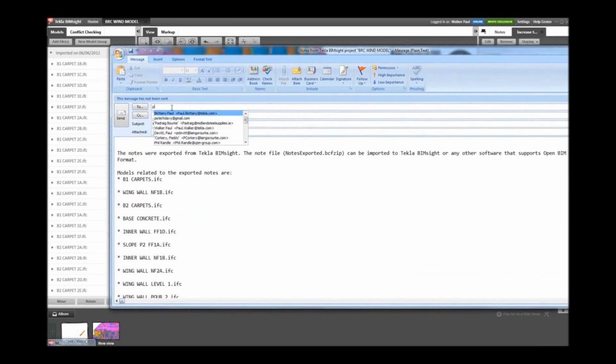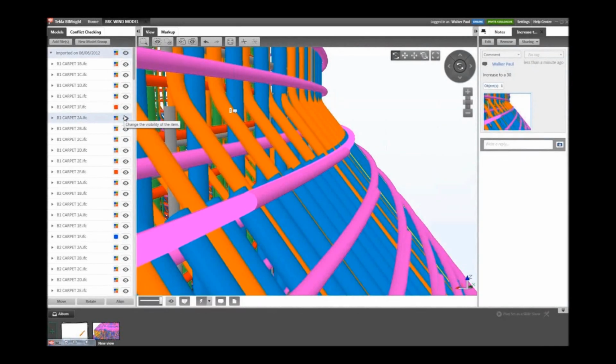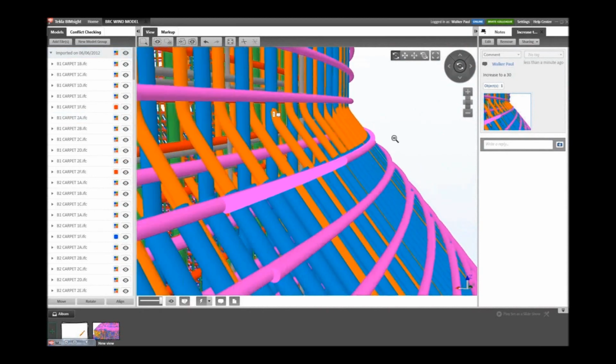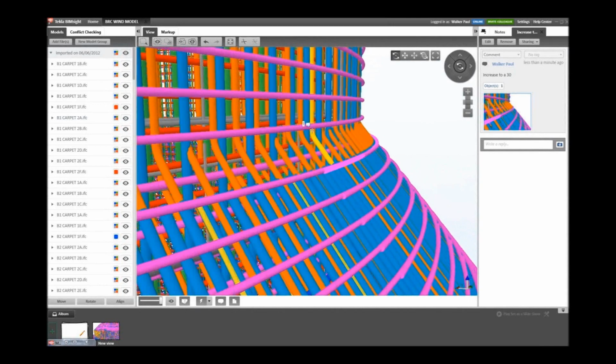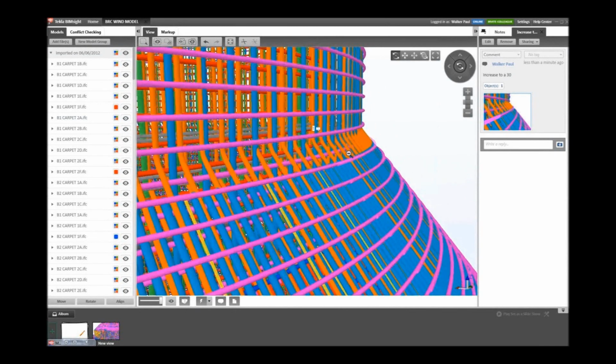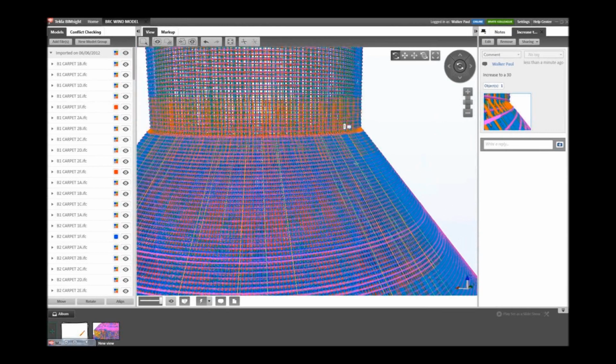email. So if I can just send this to myself for now, and it basically creates this little BCF zip format, which is the BIM format for sending information, and I can send that off. And if I sent that to a member of the project party, they can open that email up, grab that, and it will open up BIM Site, and it will go to this view, it will select this bar, and it's a totally clear way of communicating information. Also very helpful if you lose a bar on site, you can actually pick that bar and let the fabricators